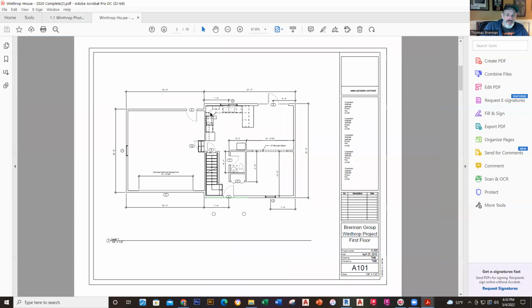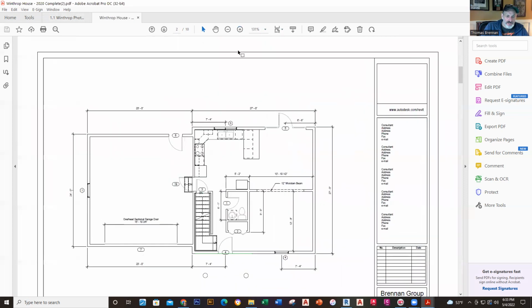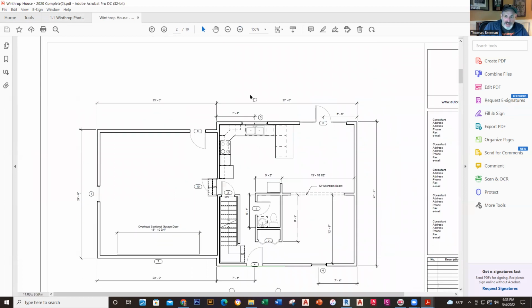So here it is right now. This is the first floor right here. Let's zoom in a little bit. So the first floor looks like this. So what do we have? Well, we have a 27-foot wall by a 27-foot wall like that. So it's 27 by